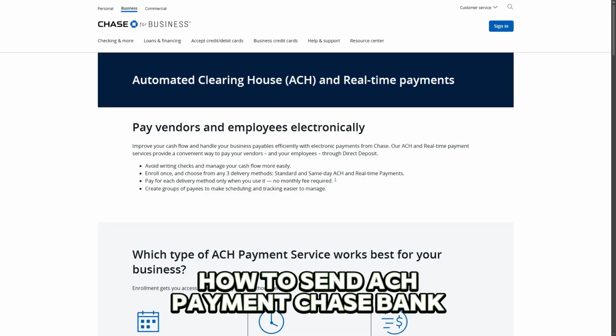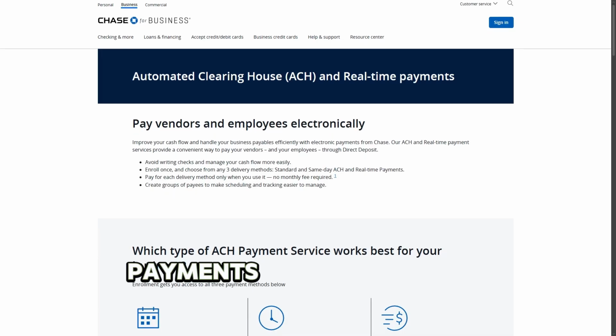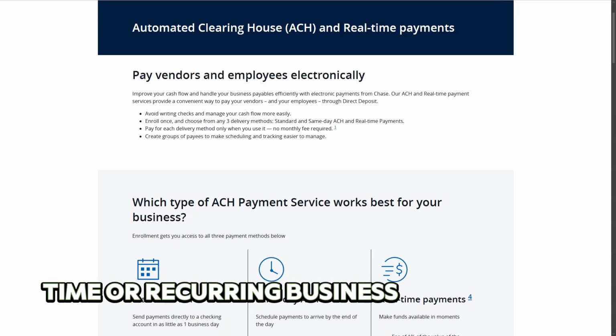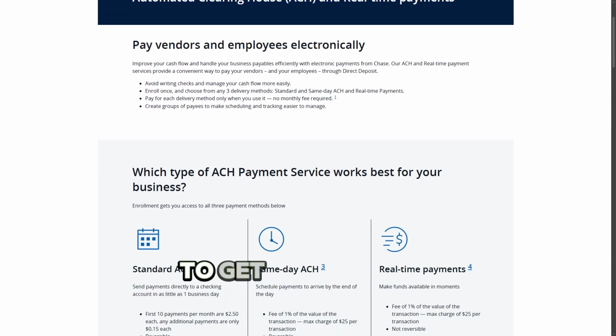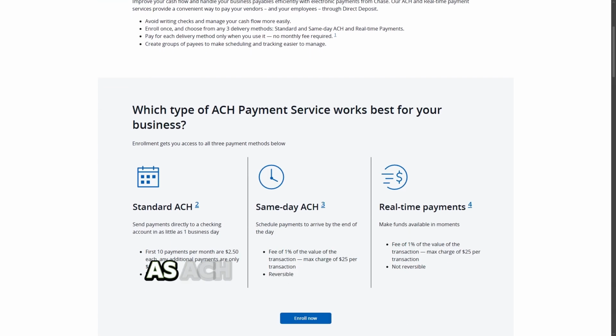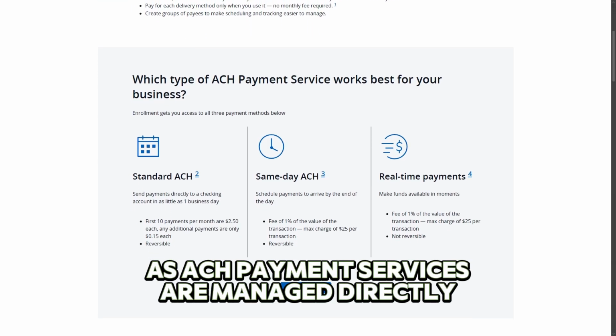Today, let me show you how to send ACH payment Chase Bank. Sending ACH payments through Chase is a fast and reliable option for one-time or recurring business transactions. To get started, you must be enrolled in Chase Business Online, as ACH payment services are managed directly through this